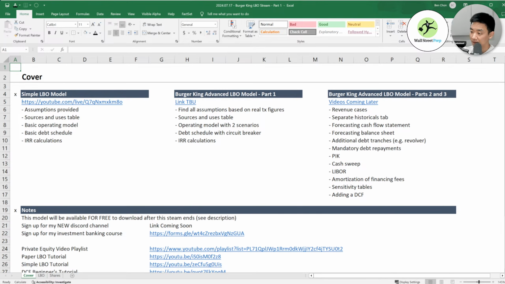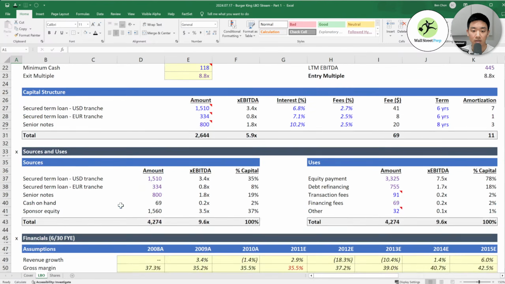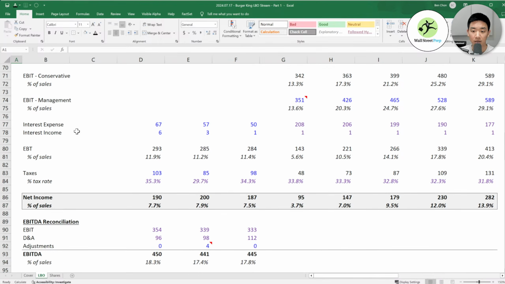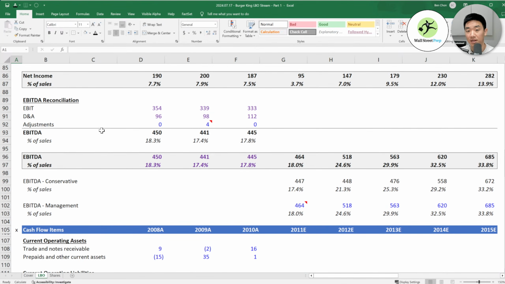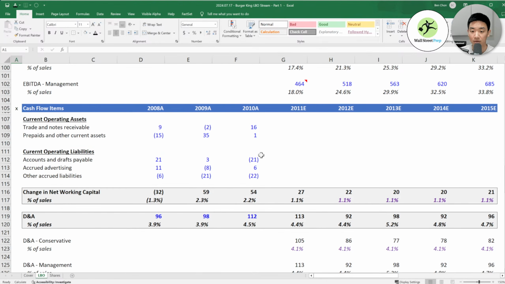And before I leave, let me see if you guys have any questions. How do you know which parts of the annual report to focus on for forecasting items? It depends on what you're doing, but if you are just doing a DCF or an LBO, you just focus on the basic stuff. What we went through here is a lot of what you really need for an LBO. But if you're going to forecast your 3 financial statements, then you're going to need to focus on almost every line item.